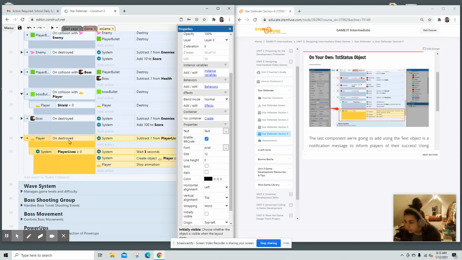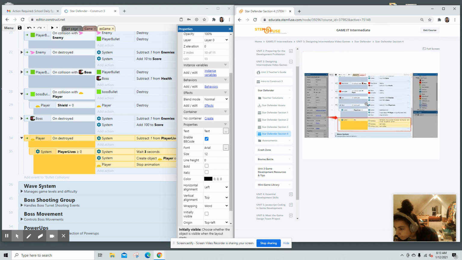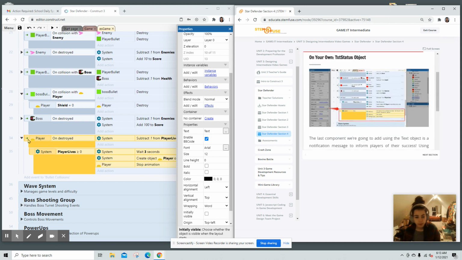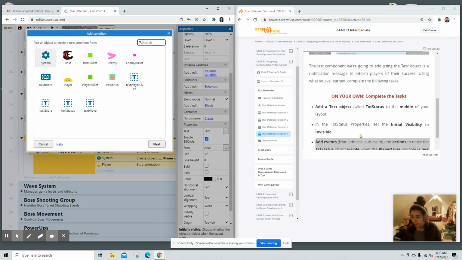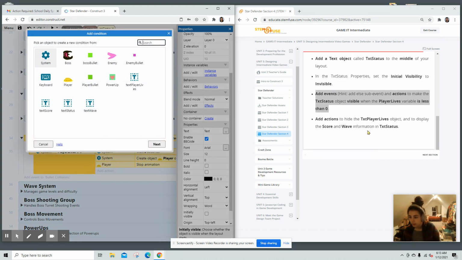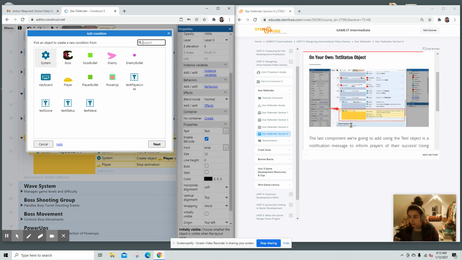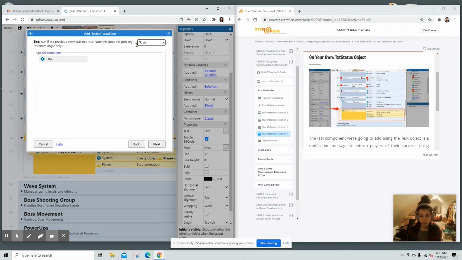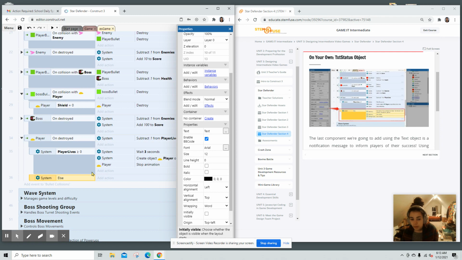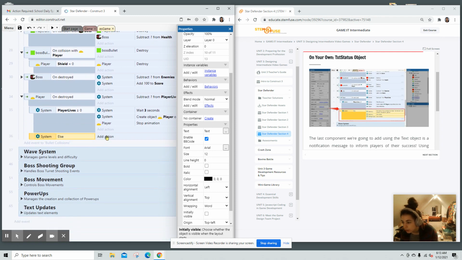This one? Yep, so I'm going to right-click, add a sub-event. And it's going to be for the system. I'm going to type else. And then my actions are going to be